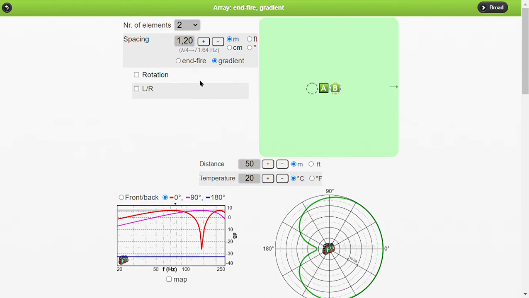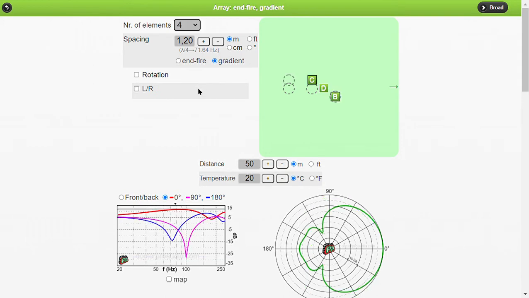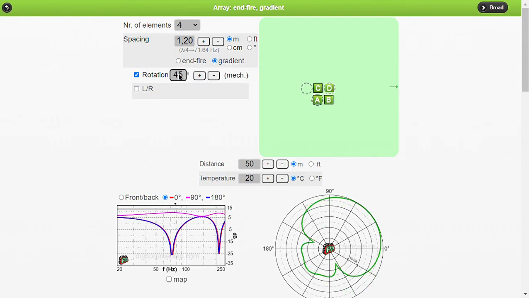There's also an unusual type of cardioid, or gradient rather, in this case a second order gradient configuration that we have here. This is unusual, but it was already described by Harry Olson many years ago.